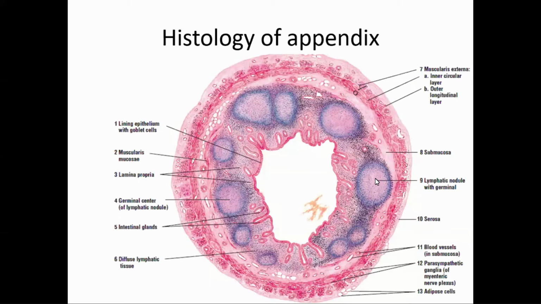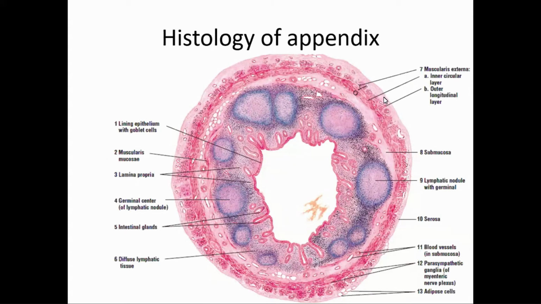This lymphatic nodule may invaginate towards the submucosa. At those places, the muscularis mucosae may be absent. The muscularis mucosae consists of two layers of muscle: the inner is circular, the outer is longitudinal. Submucosa is made up of loose areolar connective tissue where there are blood vessels, nerves, lymphatics, etc. Muscularis externa consists of an inner circular layer and an outer longitudinal layer. In between is the Auerbach's plexus, that is the myenteric plexus of the muscularis externa.